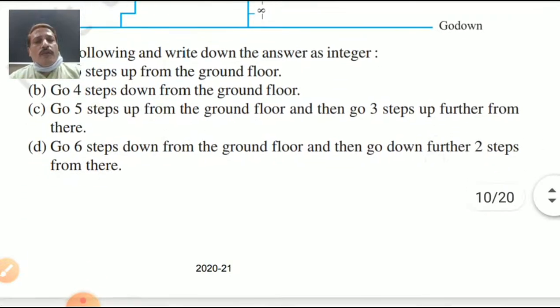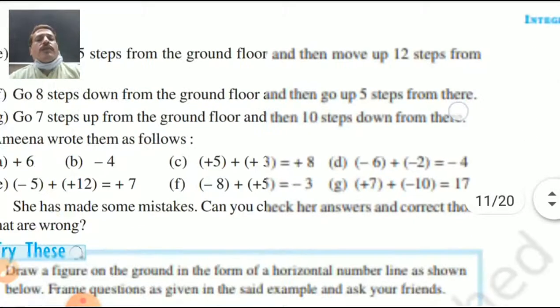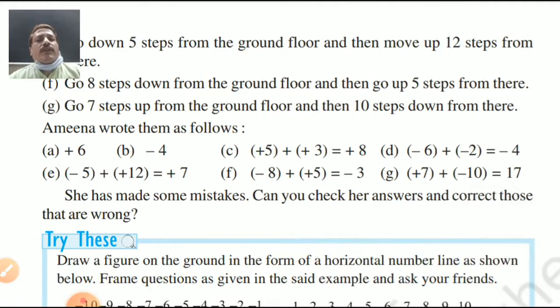You can move up or move down. Yes, my dear student, here are some number plus and minus. How to join it? There is a simple rule. If both numbers are positive, we have to add. If one number is positive, one number is negative, we have to subtract. Whenever we are doing subtraction, the sign of the bigger number will come in the answer. Whenever both the numbers are negative, we have to add up and give the minus sign. Simple. Yes, my dear student, here is -6 plus -2.